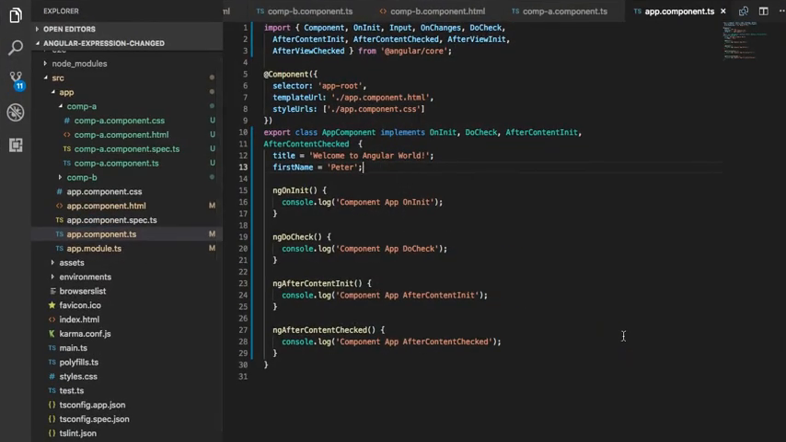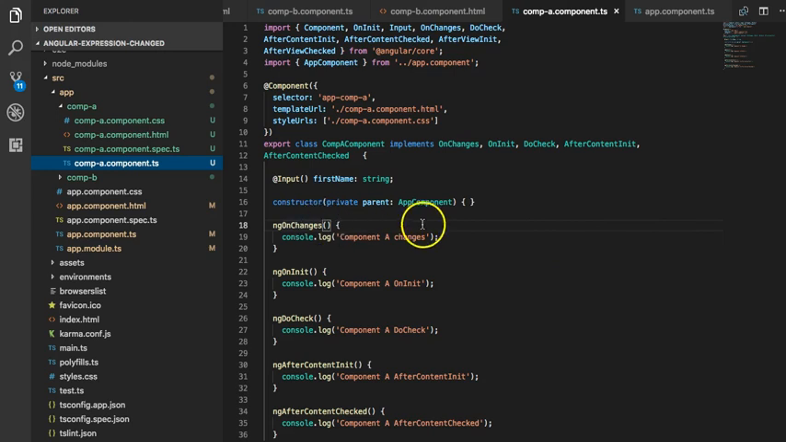Okay, now comes the interesting part. Now I'm going to do something. Please take note of this, and this will really excite us. I have my first name property as Peter in my root component. Now I'm going to my app component. All child components have a default ability to inject their parent component. So what I'm doing here is injecting my parent component inside my child component, and the root component